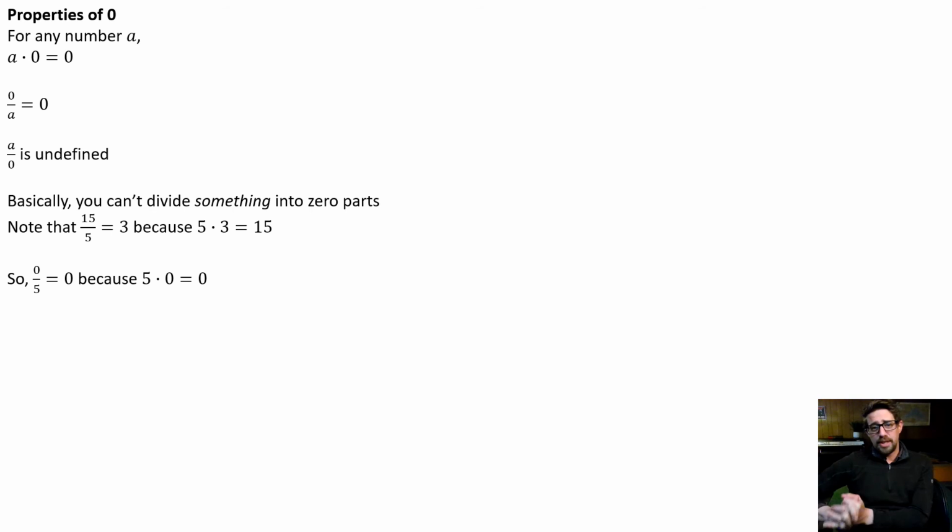So if instead of 15 I say 0 over 5 is 0, which is true, that is true because 5 times 0 is 0. So you see how this statement comes right out of this statement. These are two sides of the same coin as well. If you believe this, then you have to believe this. But if I try to flip that around and say 15 over 0 is something,